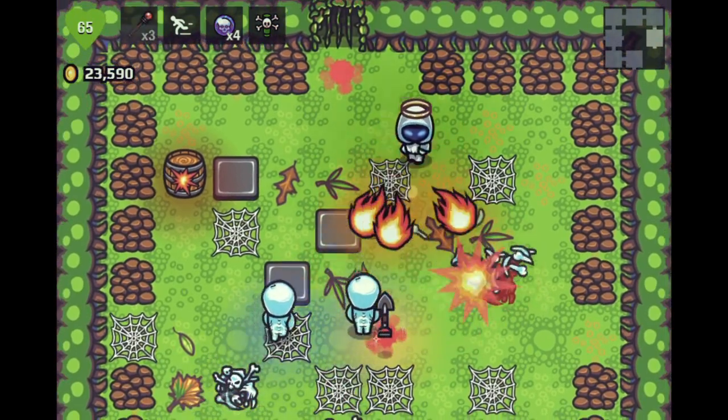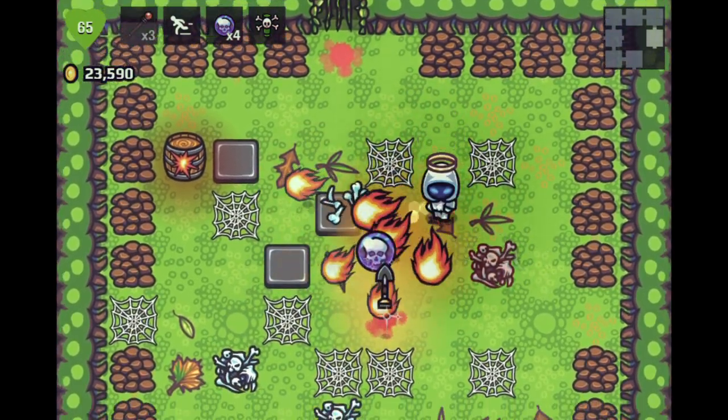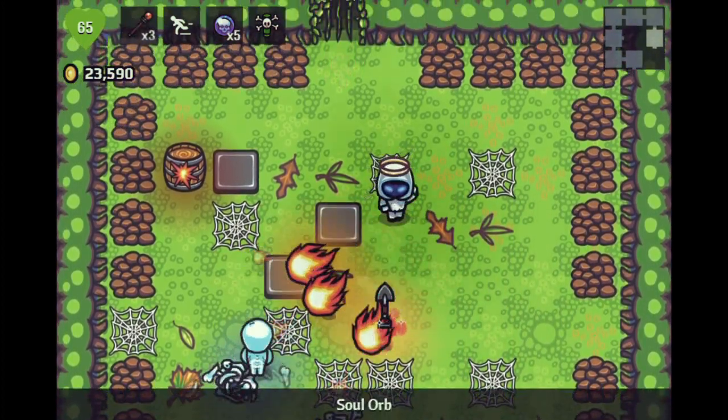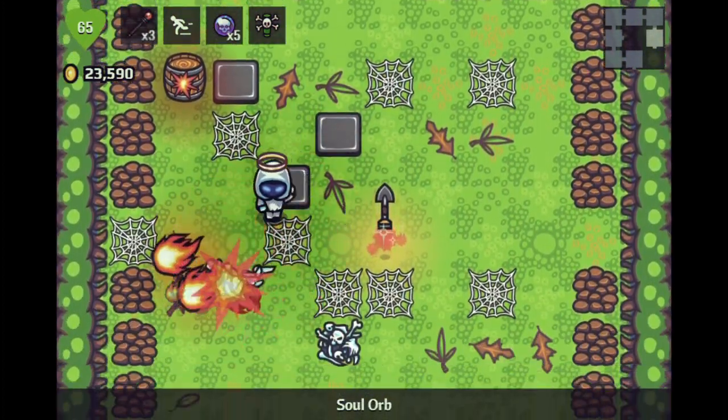Oh, there's ghosts to deal with now. I kind of forgot that we would have to do that if we failed like I did. If we died like I did. Alright, well, let's take out the ghost spawners and the...